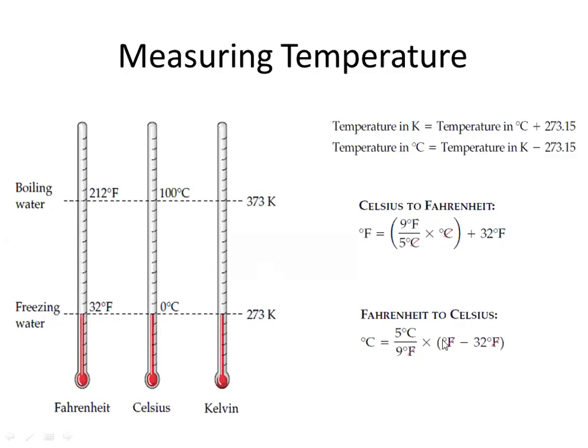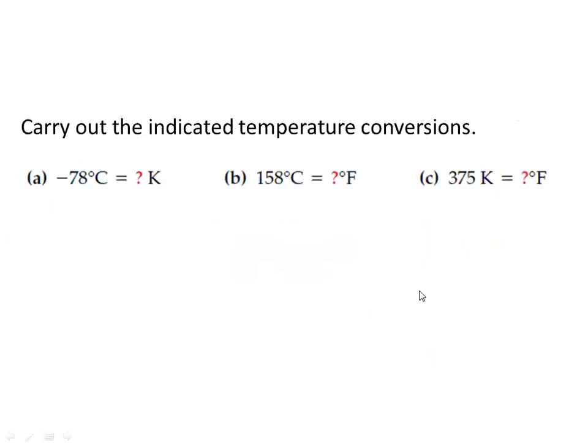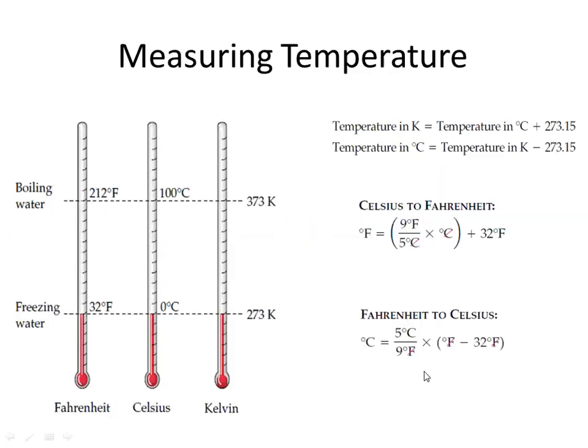Similarly, now have a look at how to calculate Fahrenheit to centigrade. This is just a rearrangement of this formula. You can remember one formula, and you can automatically calculate the other. Here I am placing an example. So 5 over 9, this is the opposite of the first one. 5 degrees centigrade over 9 degrees Fahrenheit multiplied by Fahrenheit minus 32 Fahrenheit. You just have to put the unknown value over here, and then you will automatically get the value in degrees centigrade.